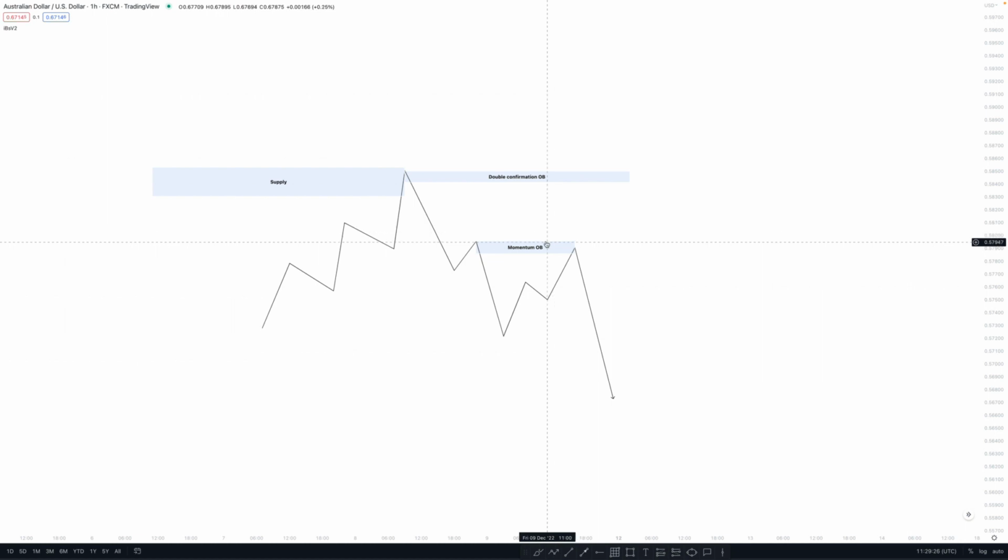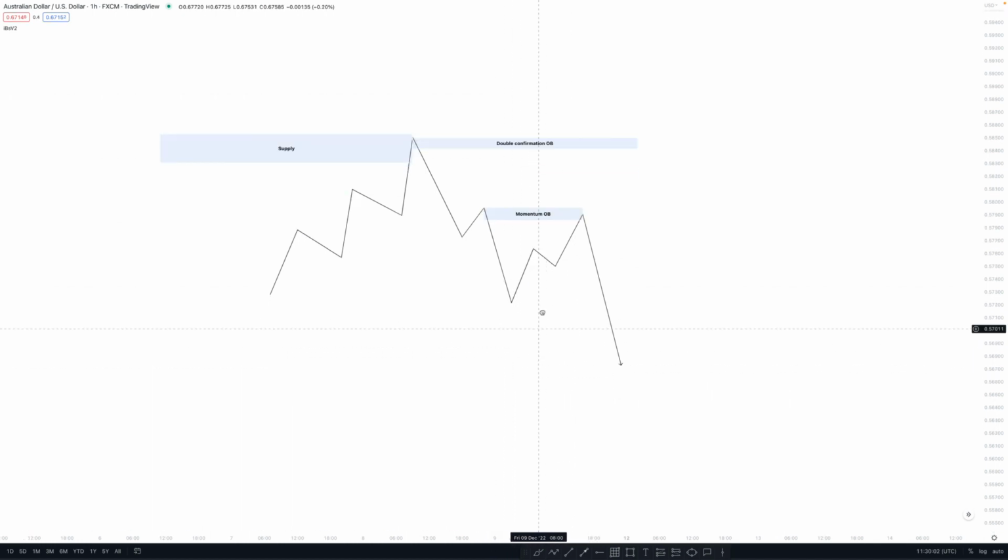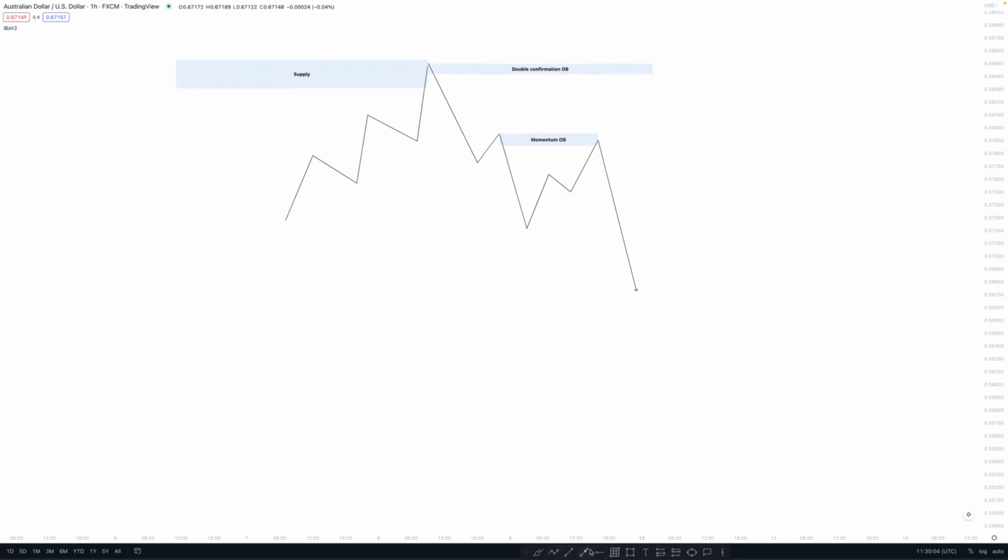In order to execute this pattern, we have certain rules in place. The first rule is that this momentum and this momentum here need to not have any retraces in them. This momentum needs to be clean in order for you to execute a high probability order block. The second fixed rule is that this low needs to not get broken again. Those are the fixed rules for the strategy in order to trade it successfully.